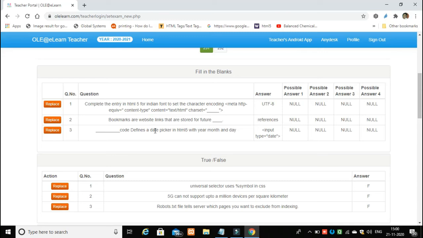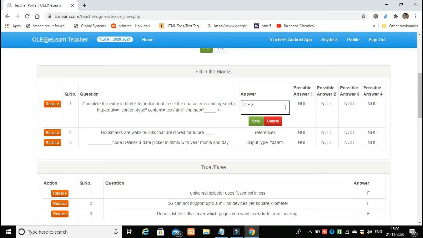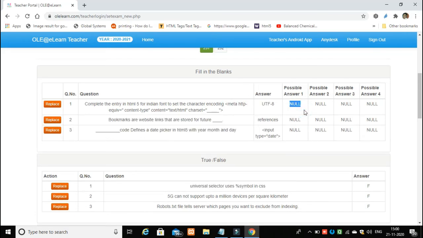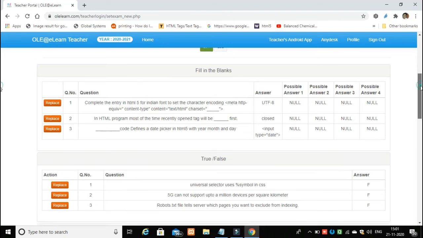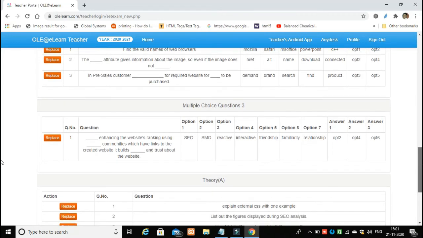If you feel that the question is not correct, you can double click the question and modify the question. If you modify the question, then you are supposed to put the answer key over here and put the possible answers also over here, if some possible answers are there which have to be given credit. If you say replace the same chapter, the new question will be replaced on your screen. So a very less headache is there. You are going through the entire paper, so proofreading is done over here. So I feel there won't be any wrong question which will appear on your paper.